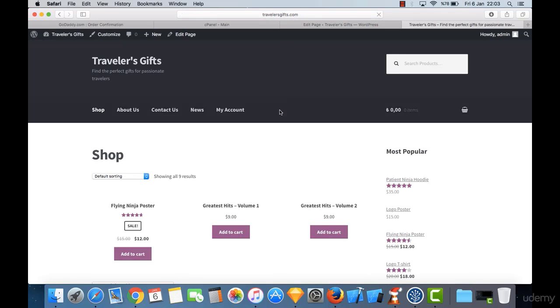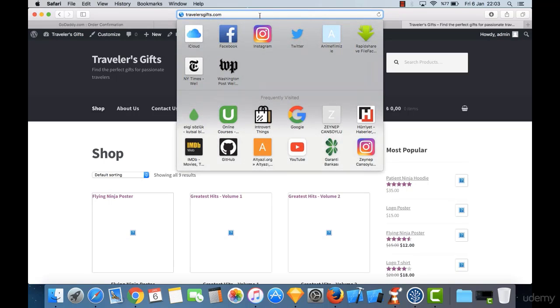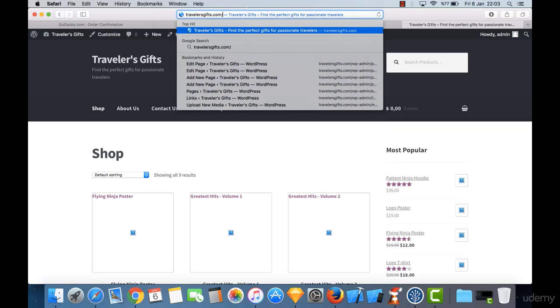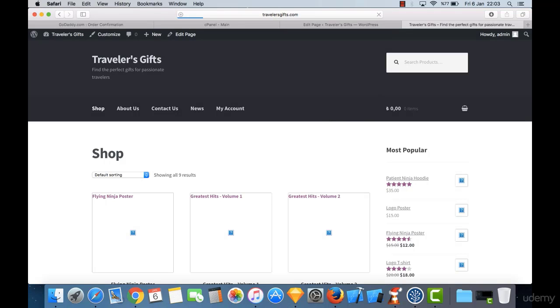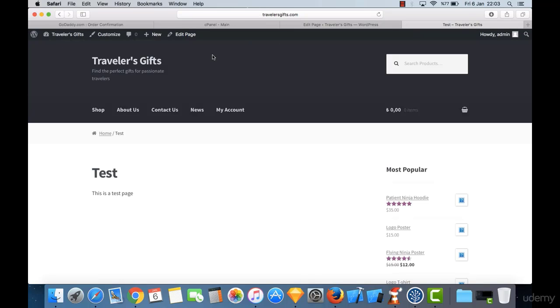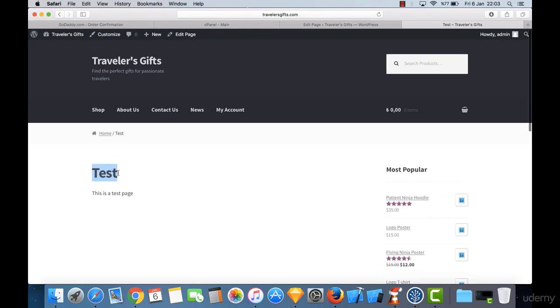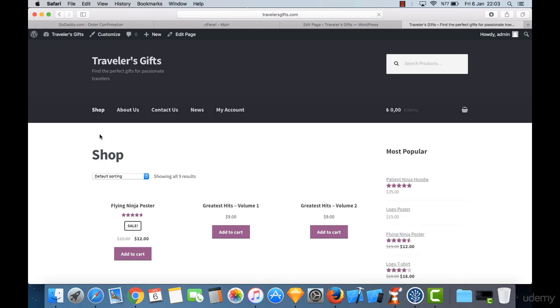travelersgifts.com, you cannot see the test page anywhere in this main site, but if you just hit slash and test, like it's shown here, it will go to this test page. In order to present this page in here, we will use a section called menus. Okay, we will see how it's done